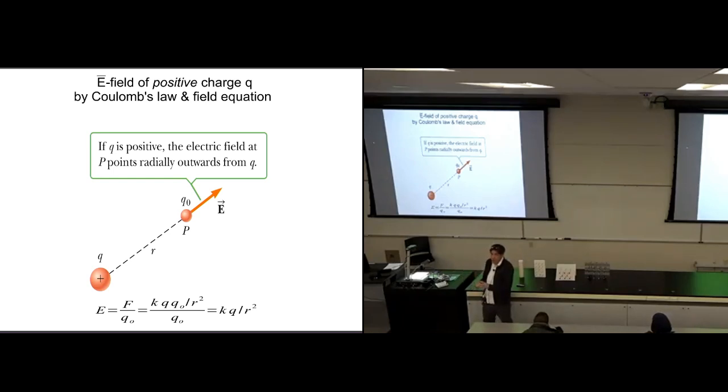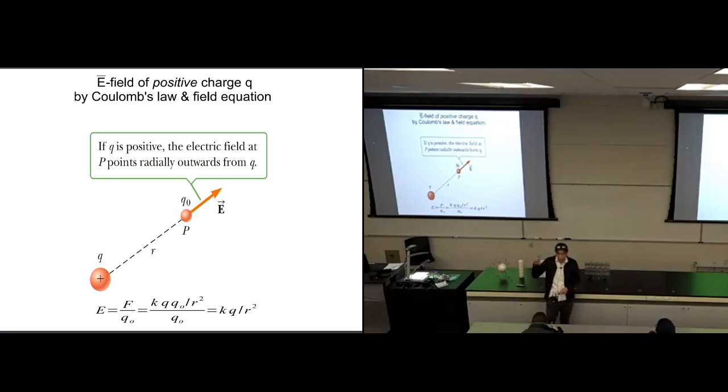Second important fact about the field of a positive charge, what is the size of the field of a positive charge? Well, that we get with the field equation. The size of the field is the size of the force that it's experiencing divided by its charge. Well, the size of the force it's experiencing is given by Coulomb's law. This is just Coulomb's law from the last class. K times the product of the charges divided by the square of the distance. If I divide Coulomb's law by this charge, Q naught, the test charge that we're using to probe the field, explore the field, measure the field, the Q naught in the numerator and the Q naught in the denominator cancel out perfectly,